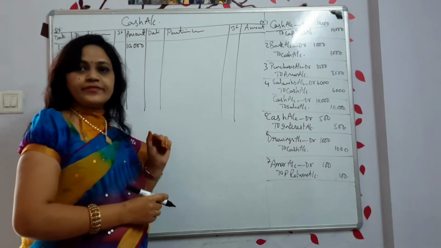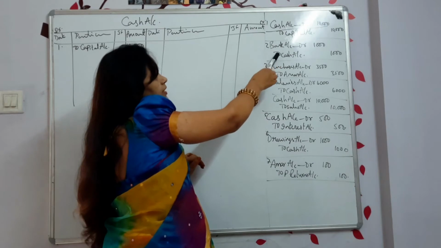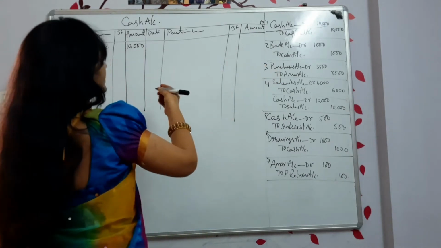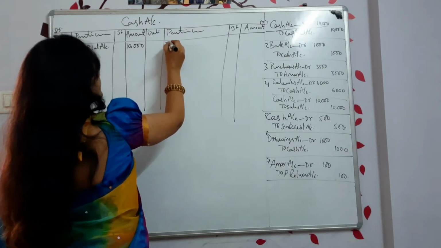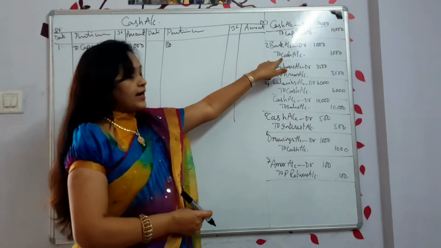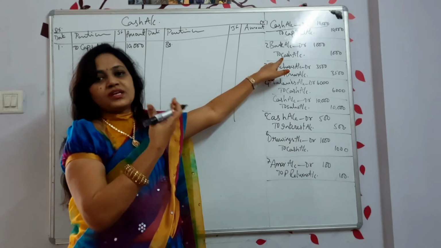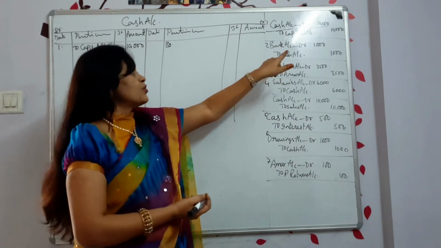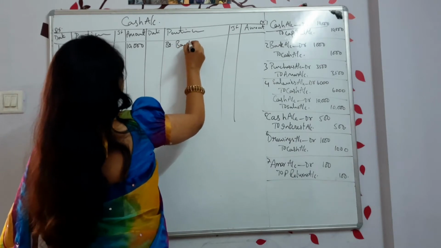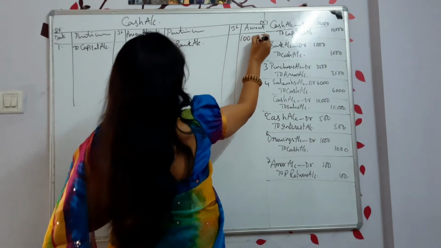Again, where can you see the word cash? Here. In the second journal, where, debit side or credit side? Credit side, you can see the word cash. So write down on the credit side. On the credit side we start with By. Correct? So By I have written. Now, what should I write? Again cash? No. Already I have just now explained. I will not understand for what reason I have received or paid the cash. Correct? So I will be writing By bank account. What is the amount? 1,000.